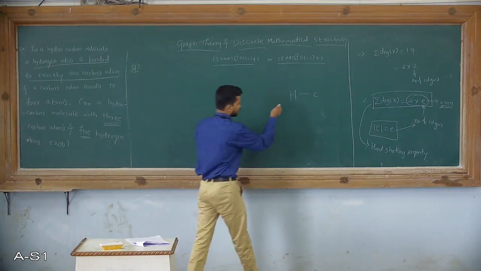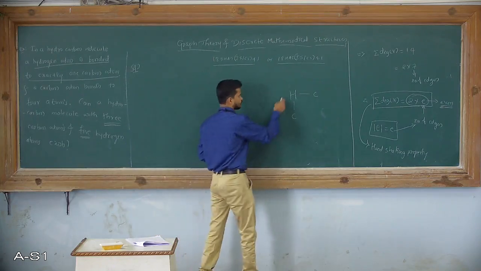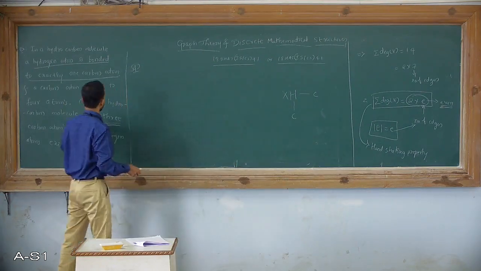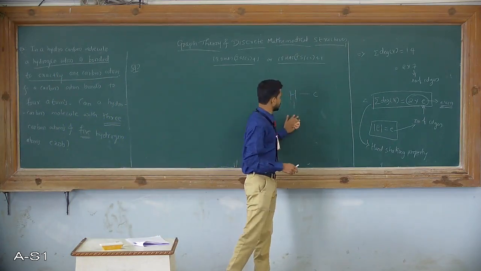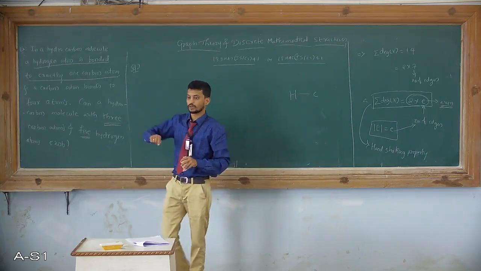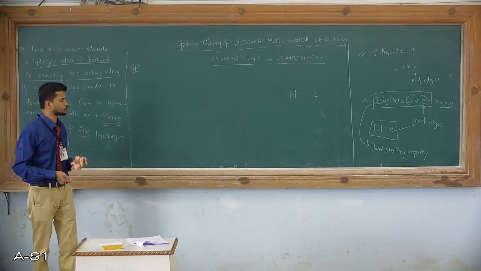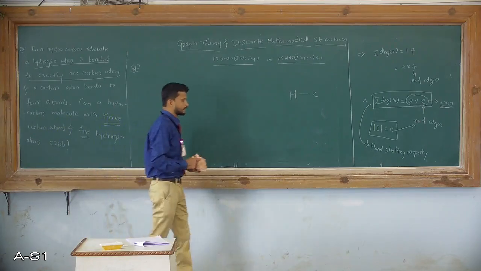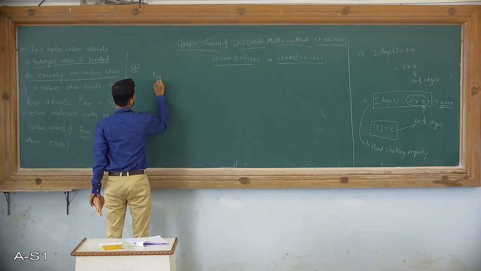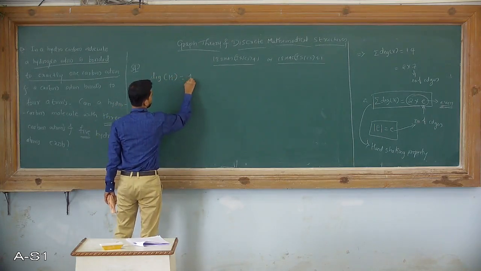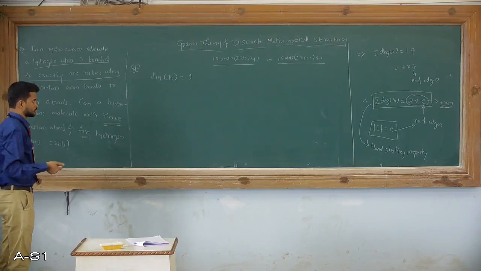If I take a molecule where a hydrogen atom has a connection with two carbon atoms, no, this molecule does not exist, because we are considering a hydrogen atom bonded with exactly one carbon atom. I will repeat it once again. Here we are considering a hydrogen atom bonded with exactly one carbon atom. So it is not possible to have more than one carbon atom associated with a hydrogen atom. Therefore, the degree of each hydrogen atom is always 1 here. H stands for the hydrogen atoms.